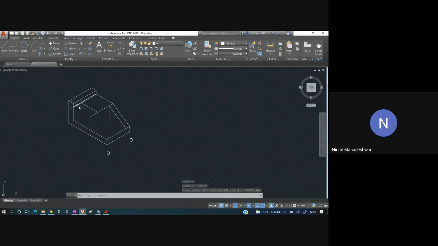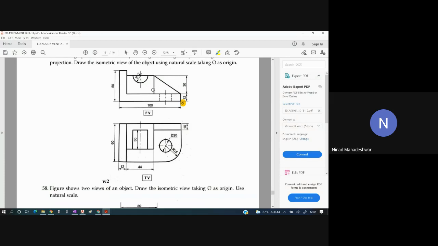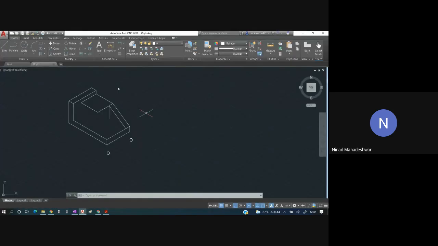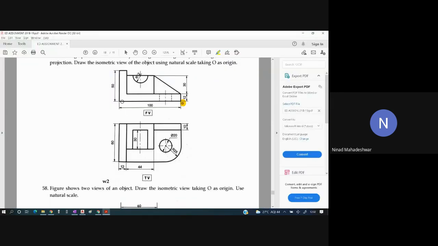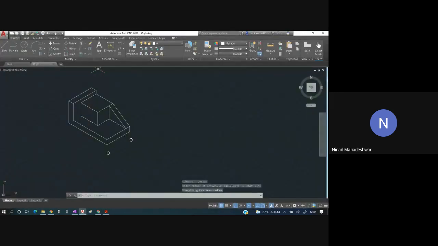Then there was this extra part which we don't want. That part we had to trim. So we have trimmed that entire part. Once this part has been done, we have to project the height. So the height over here is 30, which is the height for this part also and for this part also. Now along its length and along its breadth we have to complete the drawing.